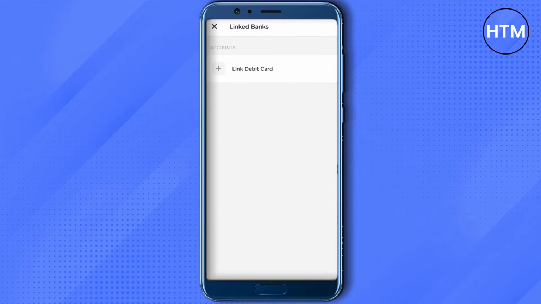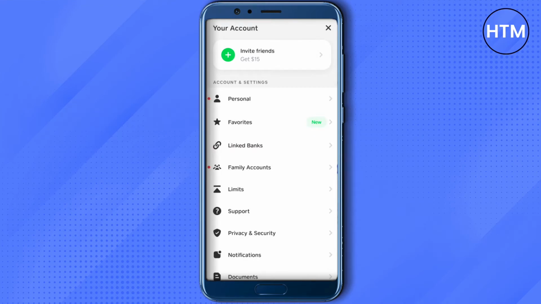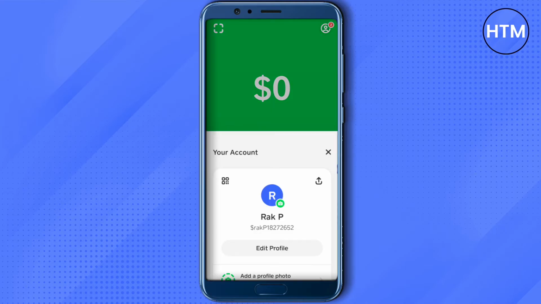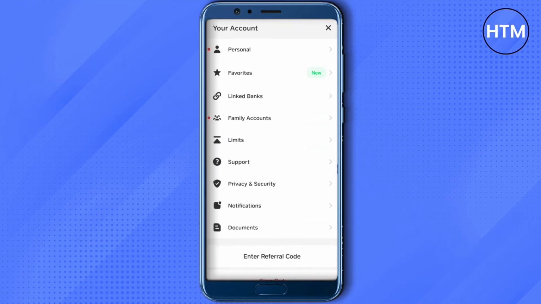So this was the easier way, and the tough way is that you reach out to your bank and tell them that Cash App is a trusted app and you are trying to do transactions because you trust on this app. And after you resolve all the issues with your bank side, then you can go to your profile again and click on support,